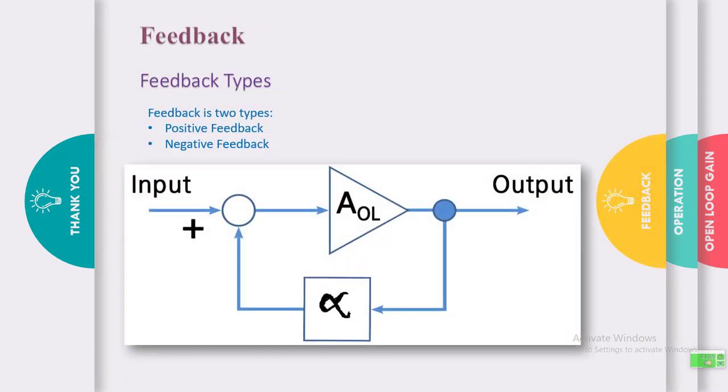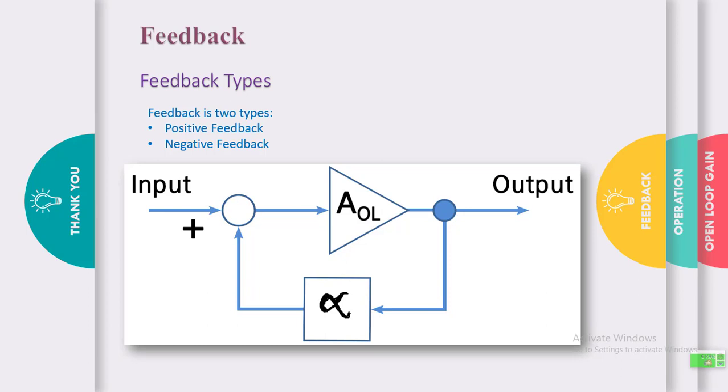Now I cover the feedback topic. Why do we need feedback? Because earlier we learned that without feedback, the op-amp gain is huge. To control the gain of the op-amp, we need a feedback circuit. This feedback is of two types: positive feedback and negative feedback. What are positive and negative feedback? In the figure, we see that alpha is the feedback factor. This alpha portion of the output is fed back